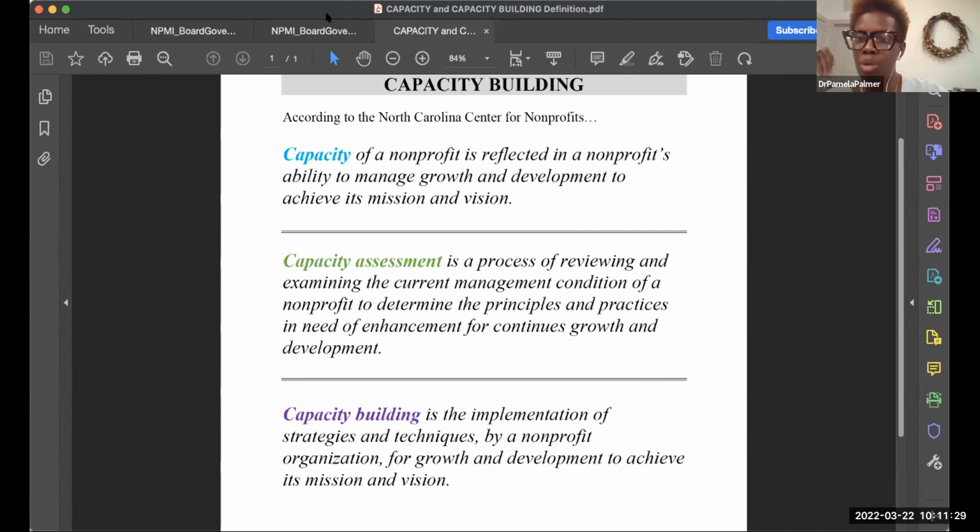And then I'm going to go ahead and drop to the bottom of the page here. Capacity building is implementation, and it's implementation of strategies and techniques that nonprofits engage in so that they can grow and develop, so that we can all achieve the mission and the visions that we aspire to as it relates to the nonprofits that we